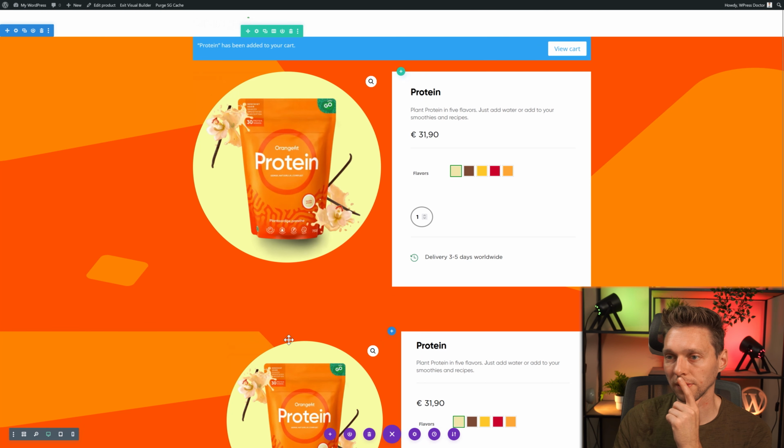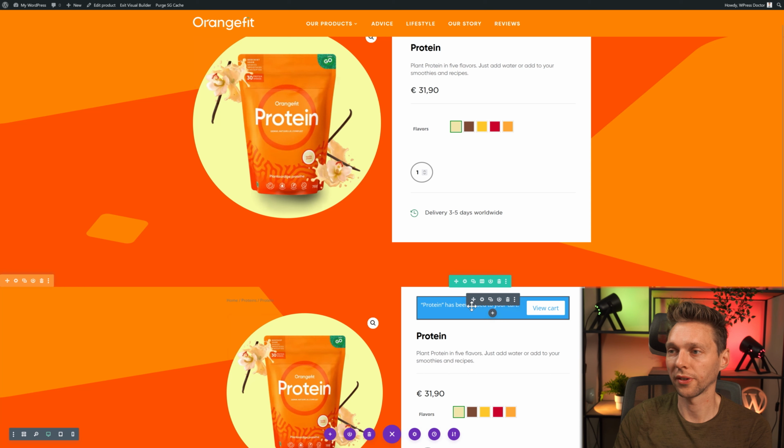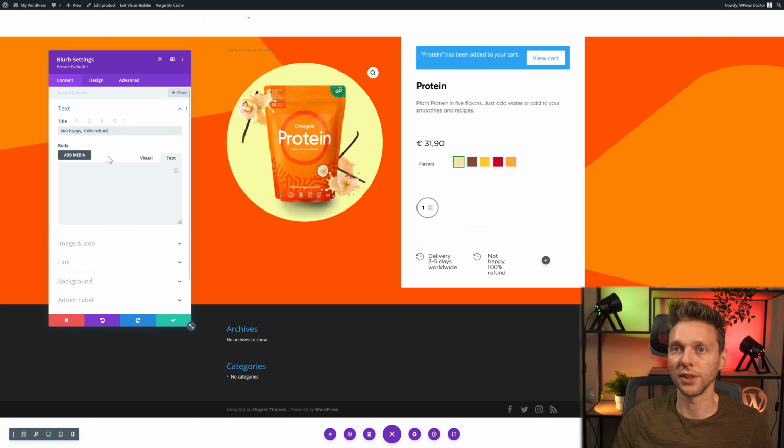Then we move up, and we're going to change this one over there, which is the breadcrumbs. We want those. And I want the message to be over there. We're just gonna style it in a minute. Then I can safely remove this entire section like this, which looks excellent, but now we can have even more of these. Let's quickly go to design, spacing, and give it some more padding on the left and right side. And then we can copy and paste the blurbs to create all these things.